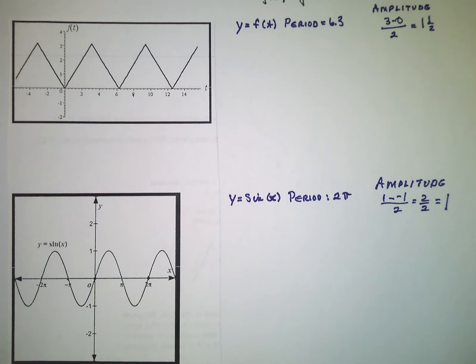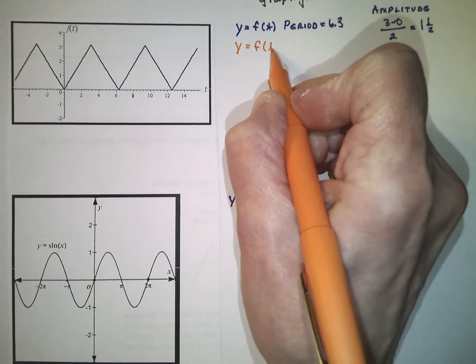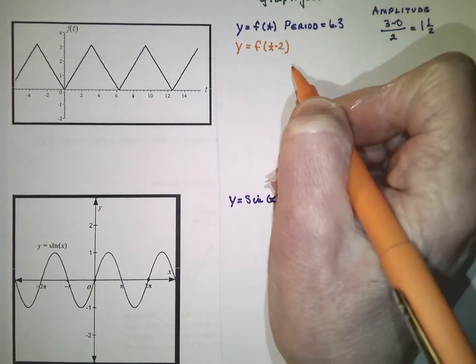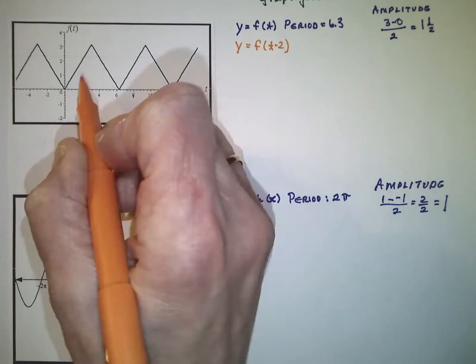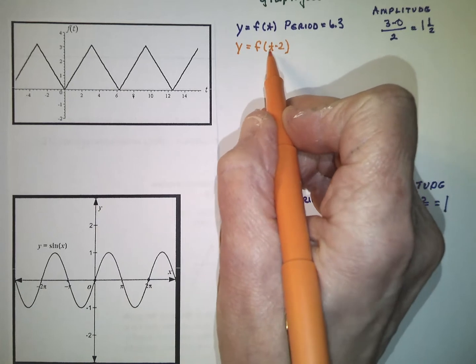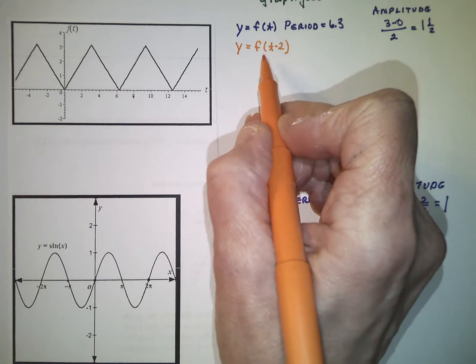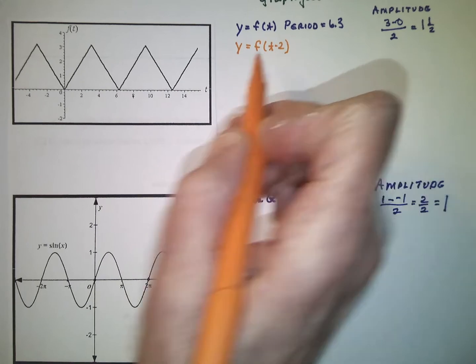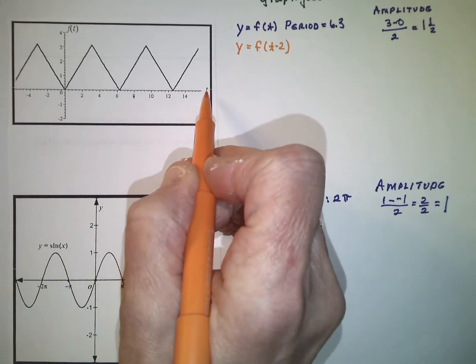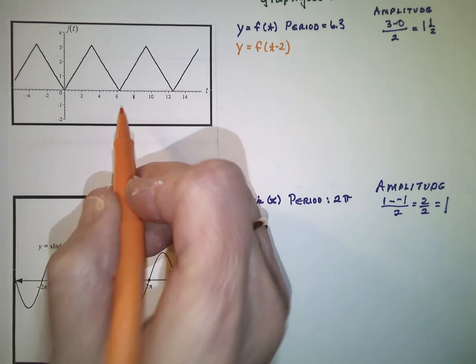We should also investigate how various transformations to the graph affect the period and the amplitude. So if we let y equals f of t minus 2, how does that transform this function? Well, it looks like it should move it, since it's inside the function. You could pretend these are the x's if you want. It looks like it should move it to the left, but we know that the x's do everything backwards, so it's actually going to move to the right 2 spaces,